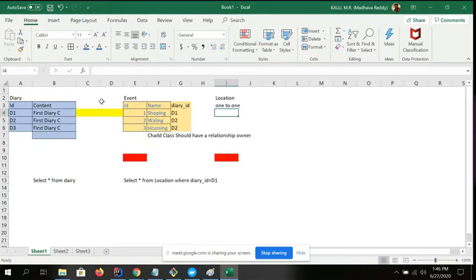One diary can have multiple events, for example D1. Here also I am making the event the owner. I always prefer the relationship owner to be the child class, and the master to be the independent class. Let's go and see this example.